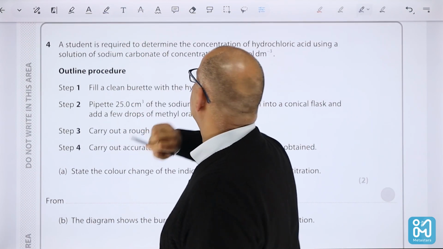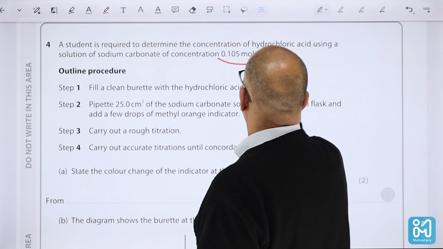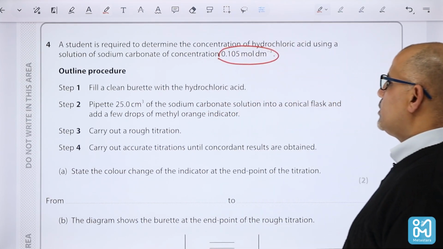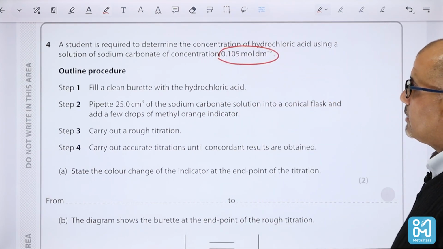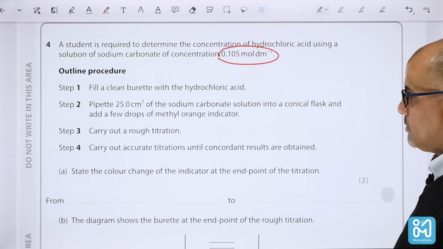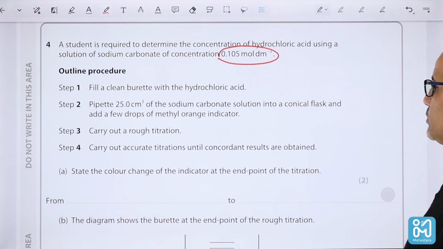So he gave us the concentration of the solution. Fill the clean burette with the hydrochloric acid, pipette 25 cubic centimeters of sodium carbonate solution into the conical flask. Add a few drops of methyl orange indicator. Carry out the rough titration. Carry out the accurate titration until concordance was reached,